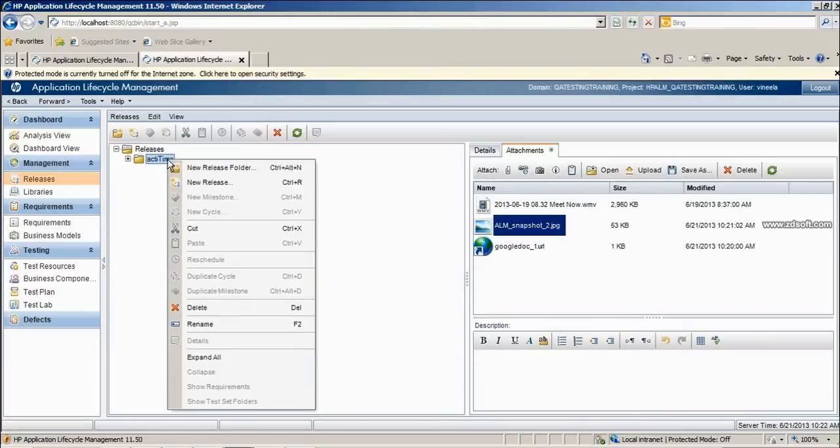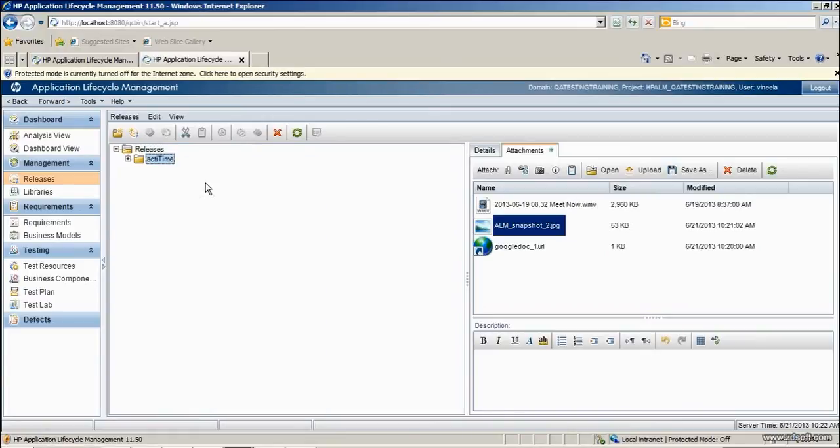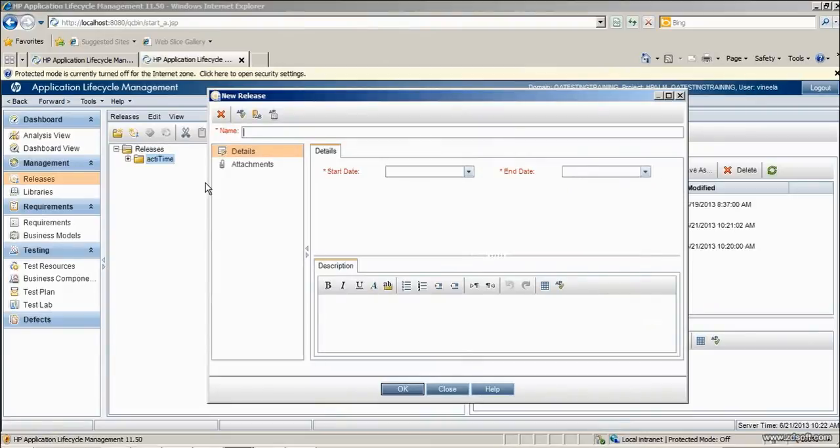Now we will see how we create one release. We have created one main folder for our product to go into the release, so in that we are going to create one release. I say it's a new release. Once I create a new release, we need to look into what the duration of that release is, and in that release, what we are going to release.